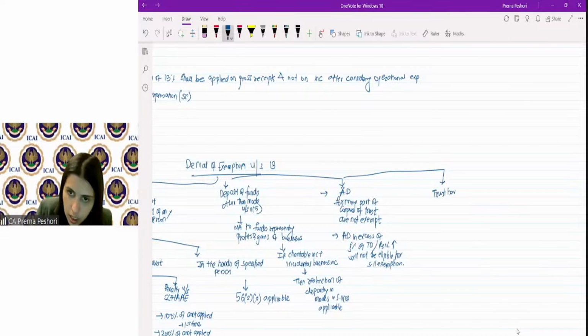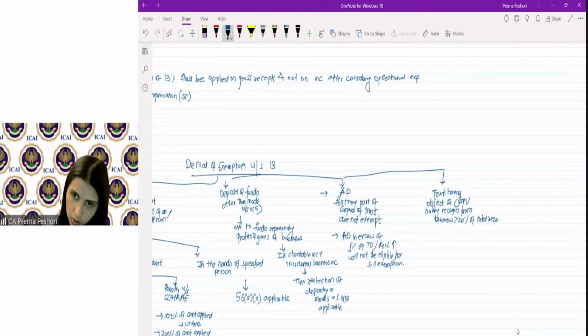Trust having object of general public utility having receipts from business greater than 20% of total receipts. The increase, or you can just write the surpassing the 20% cap